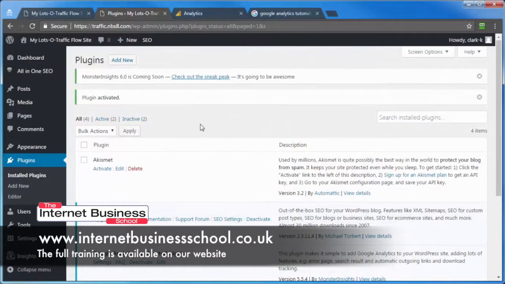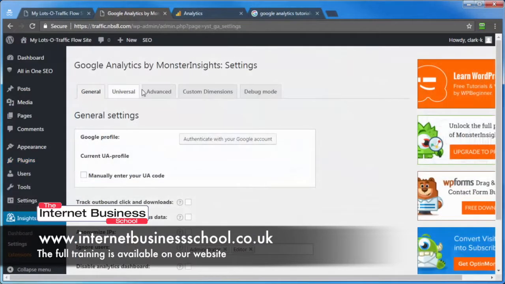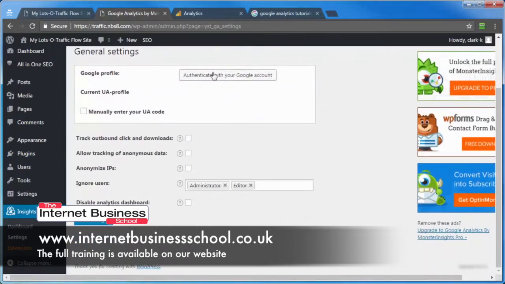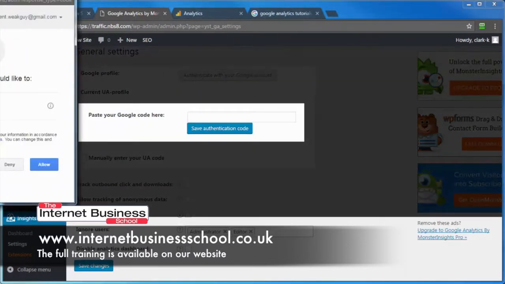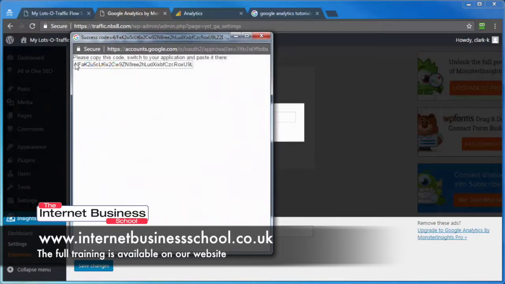And then once you have it installed and activated, you can click on the settings here. And as you can see, there's a lot that can be done with this. But the one thing I want to suggest is that you first authenticate. You can do this manually, but why make things harder for yourself? Just go ahead and make sure that you're logged into your Google account. Click on the Authenticate button. You will get this box that pops up. Click on Allow. It gives you this code here that you want to click in, and then with everything highlighted,